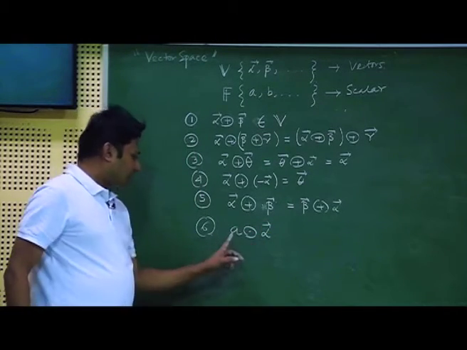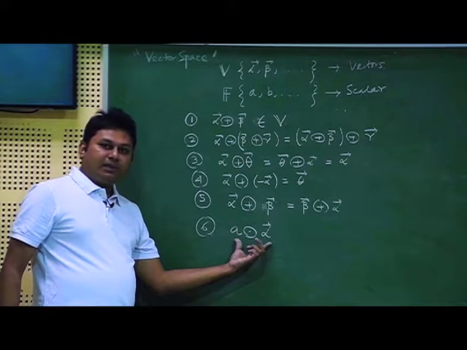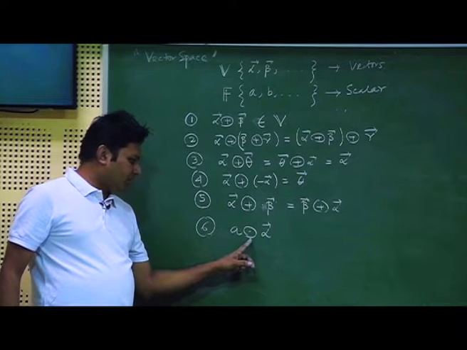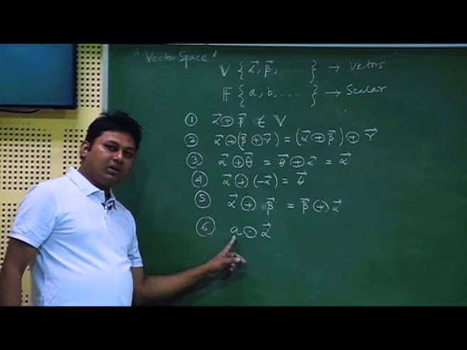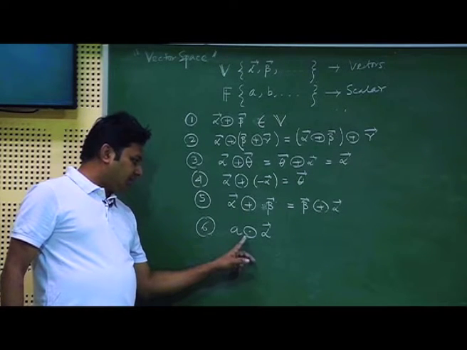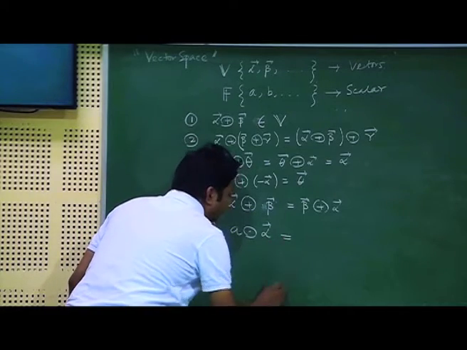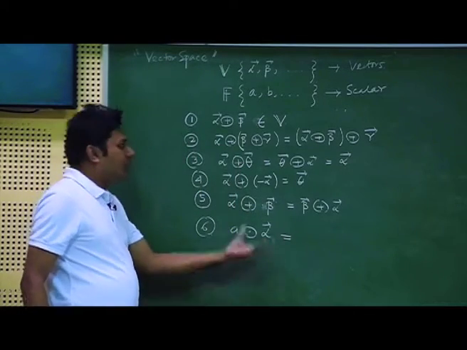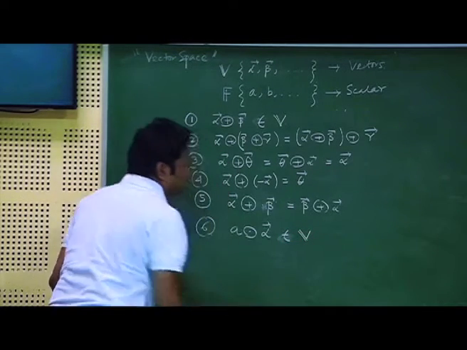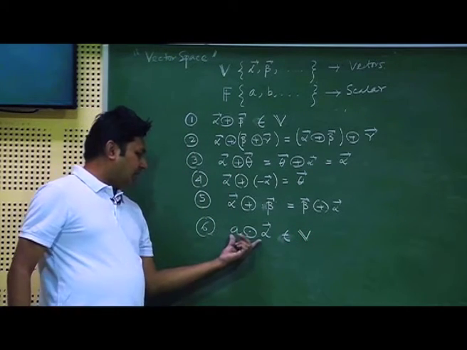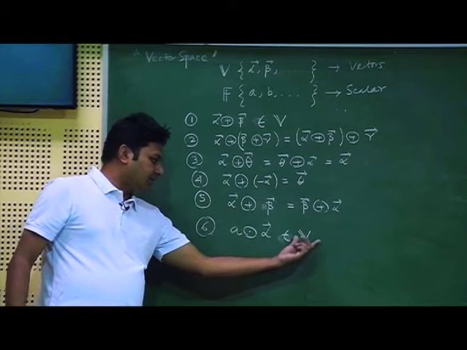which is important. Now, I am associating one element from the field and another element from the vector. This operation is important, because I am associating one element from the field, which I call scalar, with a vector, and this is the rule that when I operate these two things, the resultant thing will belong to the vector. So, this quantity is eventually in the vector. Say A star alpha gives me something gamma. So, gamma is an element of the vector.